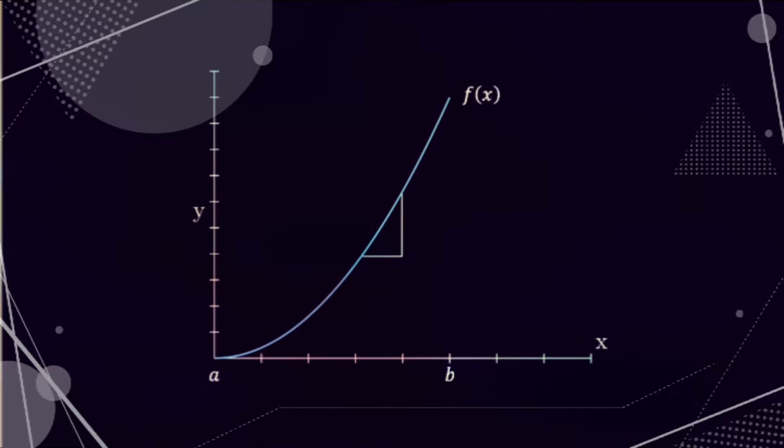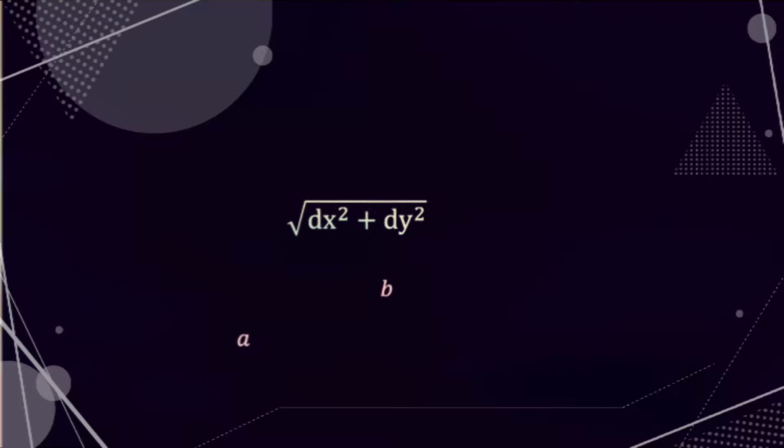For every infinitesimal step we take along the x-axis, the corresponding change in the y-axis is governed by the nature of the function at that point. At this scale, the distance between consecutive points on the curve can be approximated as the hypotenuse of a right triangle. The total arc length between 2 points, A and B, is then given by the infinite sum of these